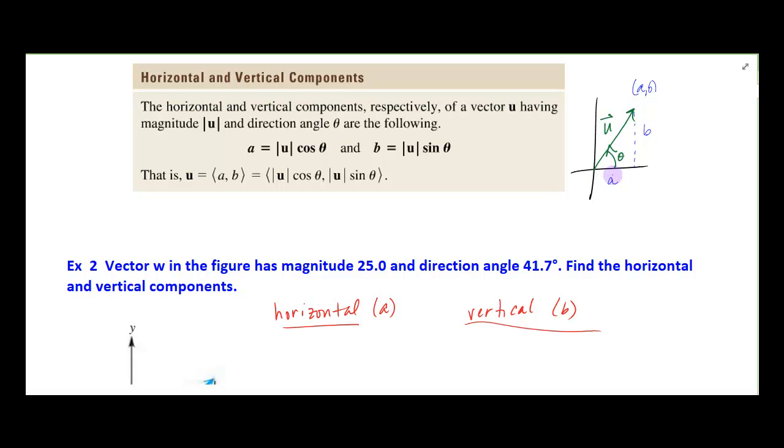The horizontal component has to do with taking the cosine of an angle, and then the vertical component has to do with taking the sine of the angle. So here you see the formulas for doing that. So let's practice one of these together. So I have down here